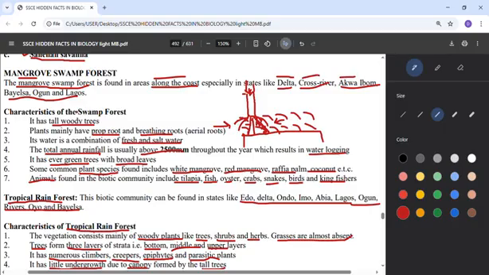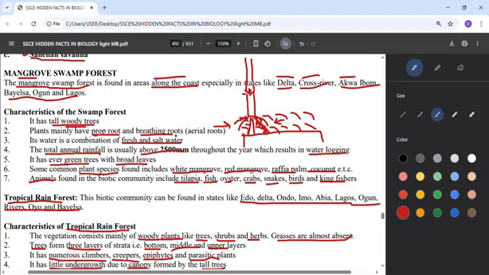What are now the characteristics of swamp forest? If you enter swamp forest, being a forest, you see trees there that are tall, woody. Why are they tall and woody, having enough wood? Because water is there that will make them grow. And their roots, you can use this diagram to remember that their trees are tall, and if you look at their roots, they are prop. See roots here, prop roots, because of the water that is under it.